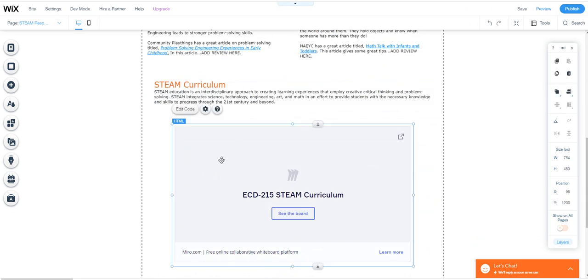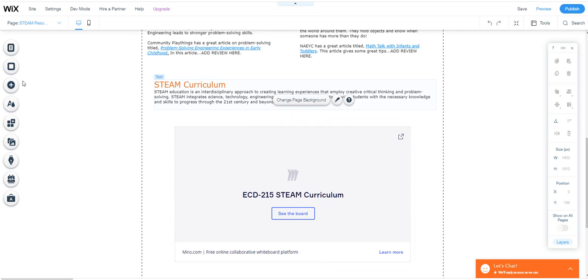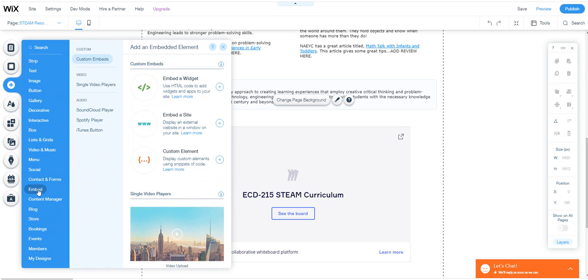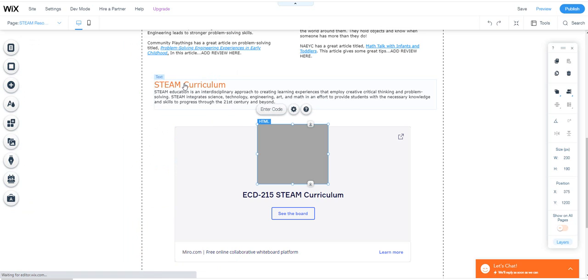And this gives me a text box. Then I'm going to show you how I added this Miro board here. You are also going to add, as part of your final, your STEAM curriculum and an explanation of your STEAM curriculum and your Miro board. So the way I did that is I went to this plus button, and let me put my cursor over here. So I went to this plus button and I added an embed, and I'm going to use an embed widget, and I'm going to enter the code,